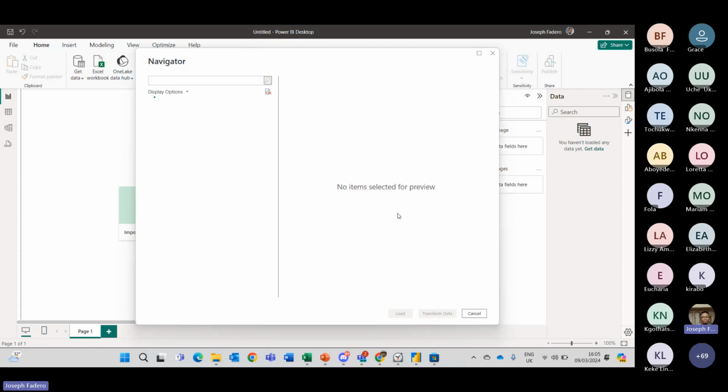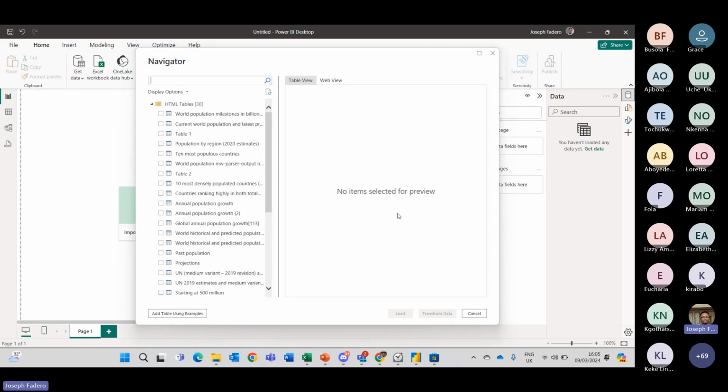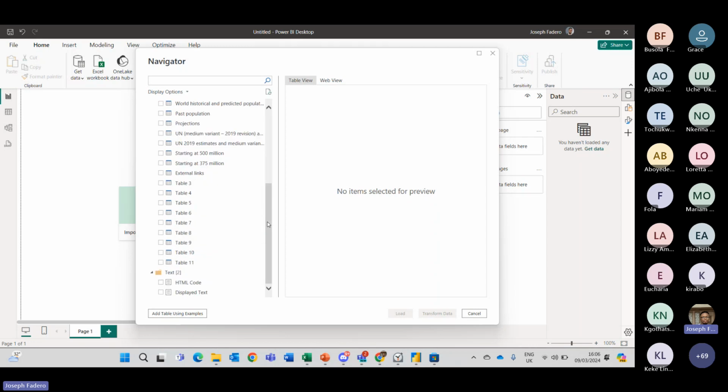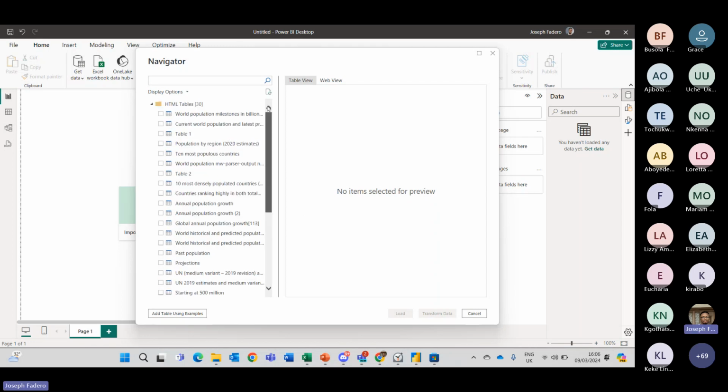So it doesn't have to be world population. Basically, a website of your choice that has data in a structured format, like a table, you can pull in that information with your Power Query. So right now you have these tabs on my screen.